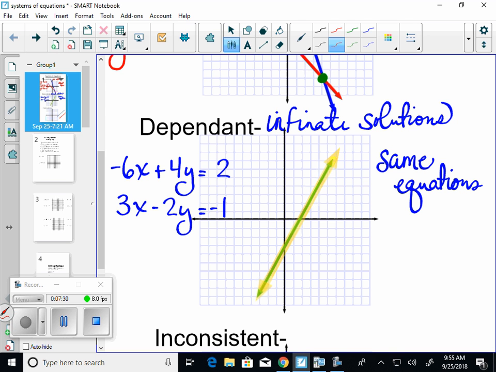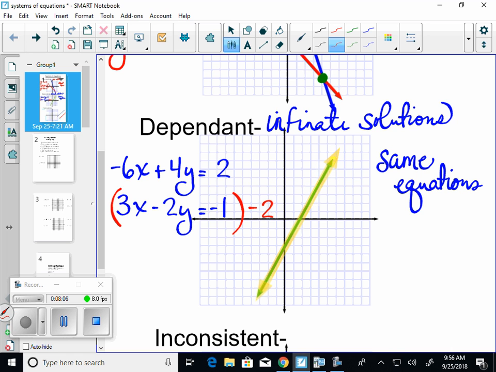So this is a negative 6 and this is a positive 3. They don't look alike yet, but you're already seeing that they have something in common. The 6 and the 3 have what in common? A negative 2. And the 4 and the 2 have a negative 2 in common. And the 2 and the 1 have a negative 2 in common. So the easiest thing to do, since I'm seeing that they all have a common factor, is I would take